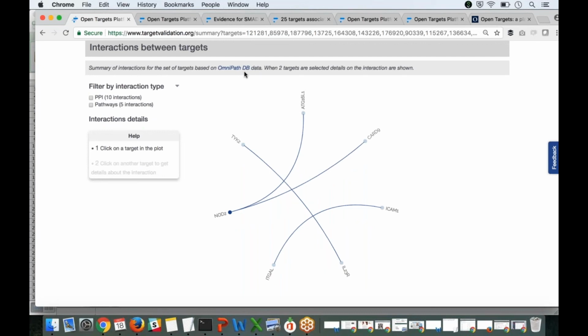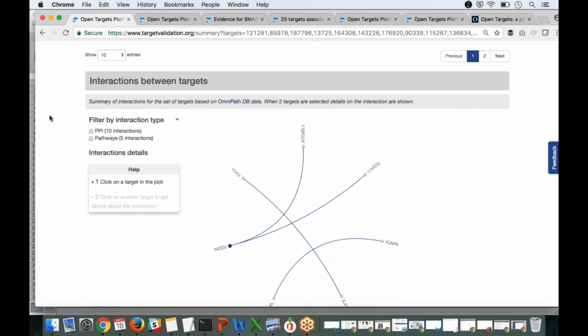So we display for you this graph that gives you an idea whether or not the targets within that list of 26 are interacting among themselves. Here we've got not two, and they do interact with two other targets within that list. Again, this sort of information can be useful when you are trying to prioritize or select a given target for downstream experiments in your drug discovery